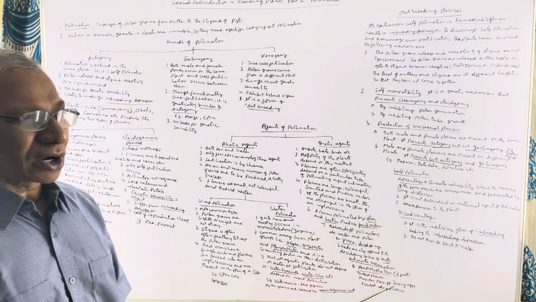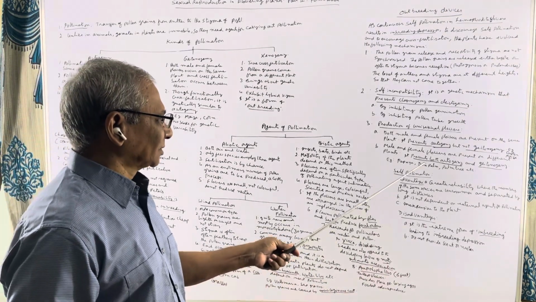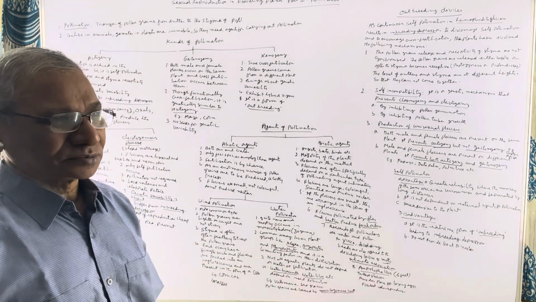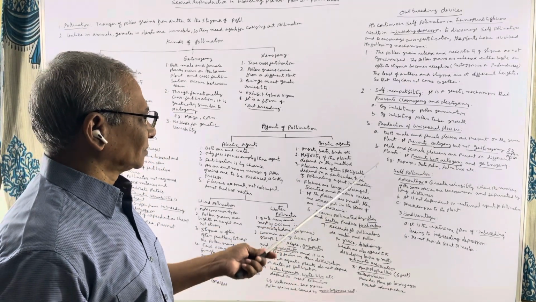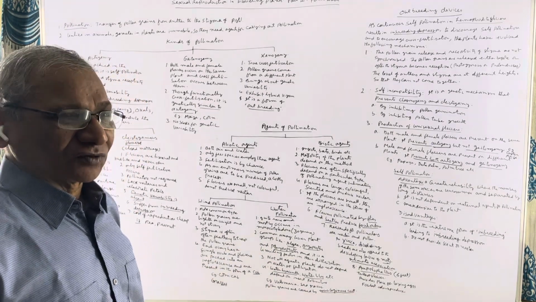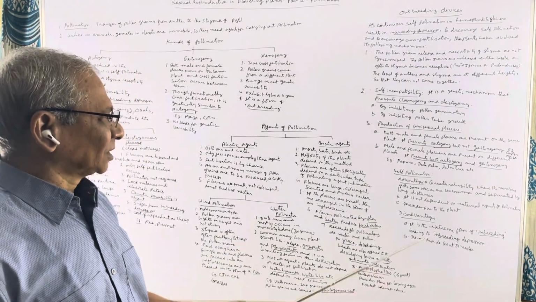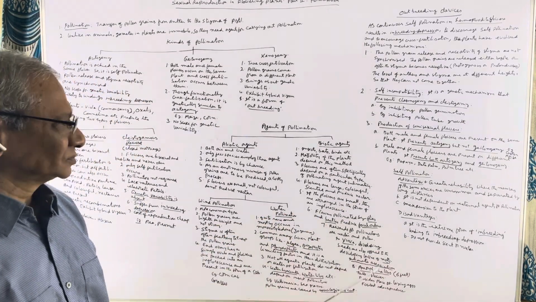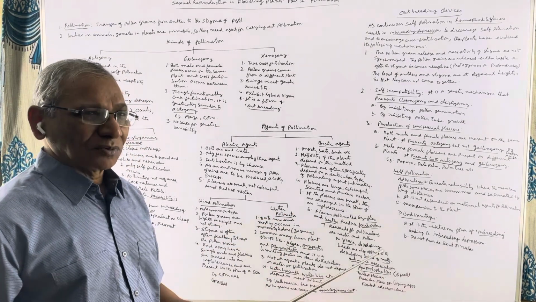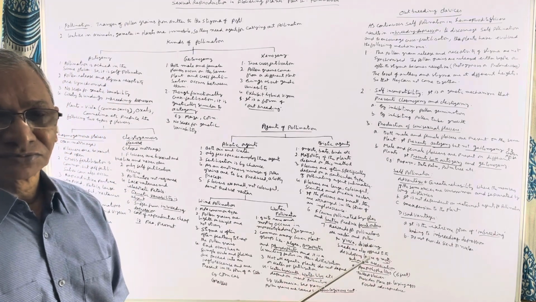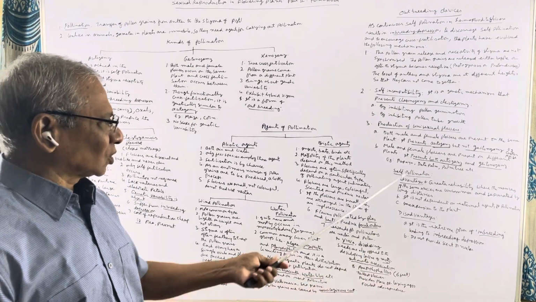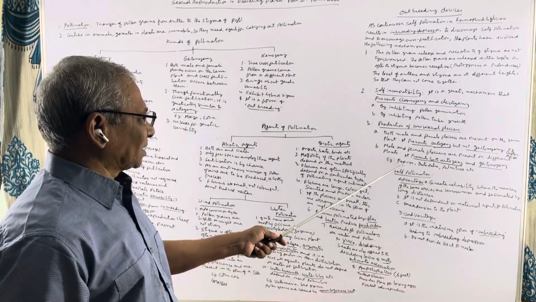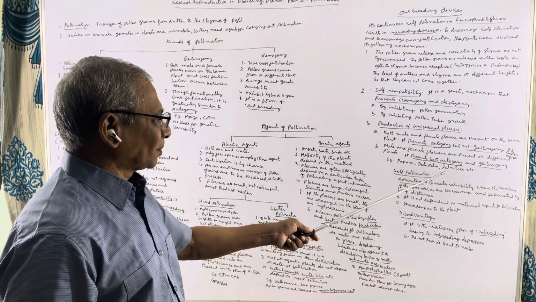Then, male and female flowers may be present on different plants. Here, true cross-fertilization takes place. It prevents both autogamy and geitonogamy. So these points you must know very carefully. If both male and female flowers are present on the same plant, it prevents autogamy but does not prevent geitonogamy. If male and female flowers are present on different plants, it prevents both autogamy and geitonogamy. This type is seen in papaya, date palm, palm trees, etc.